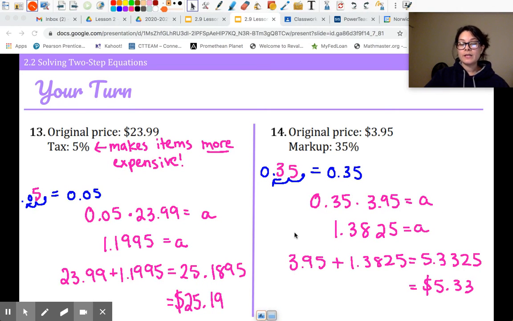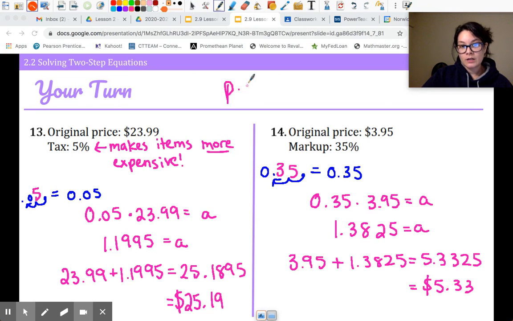Now, the interesting thing about both of these examples is that you actually wanted to add at the very end for both of them. We didn't really talk about an example like this yet, but hopefully you know that when you go to purchase something at a store, you get taxed on it. That tax is going to make something more expensive. So in this case, this is very similar to a markup. We approach the problem the same way. We first find the amount of tax by using our formula